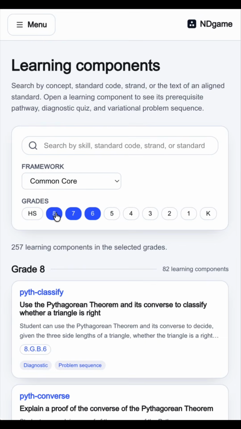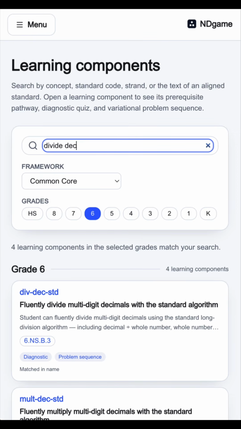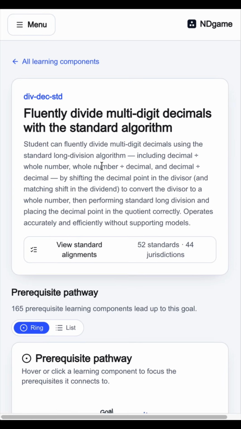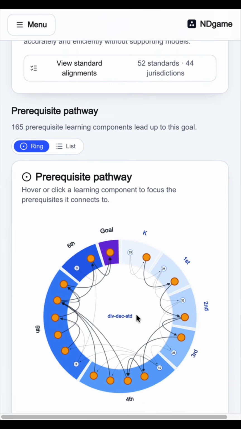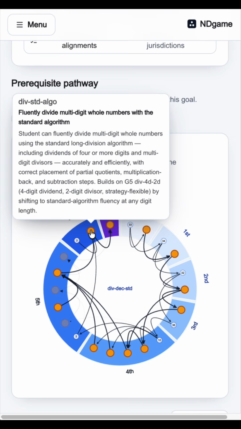If I teach 6th grade, I know that my students are going to struggle to divide decimals. And if I focus in on why that is, one of the things that I'll notice is that dividing decimals actually depends on a lot of other skills. As an example, if students can't do long division with whole numbers, multi-digit whole numbers, they are going to struggle